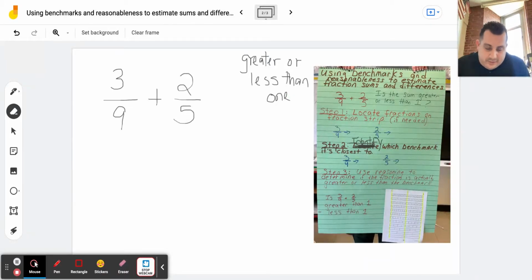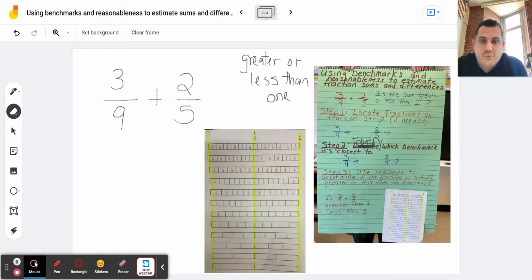So first thing we're going to see is step 1. We have to locate the fractions on a fraction strip. So I'm going to pull up my fraction strip right here. I know it's on the chart, but I'm going to put it right here. All right. So 3/9. I need to find 3/9 on my fraction strip. You'll see it right here on the ninths. And now I'm going to shade in